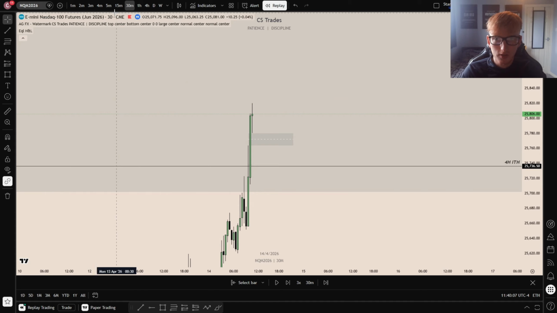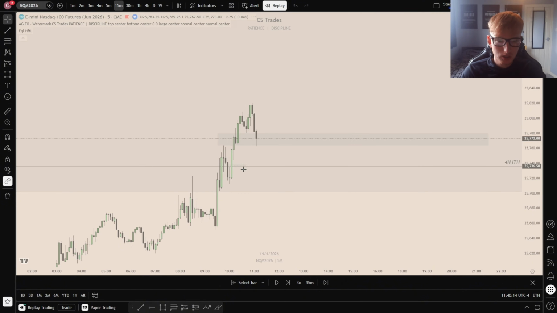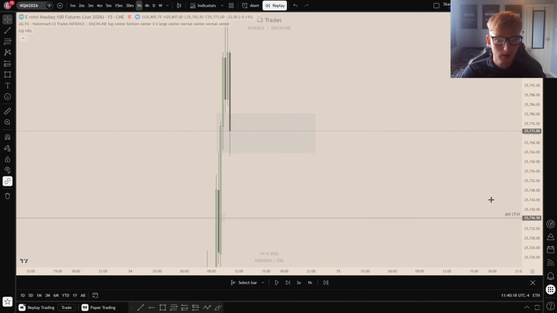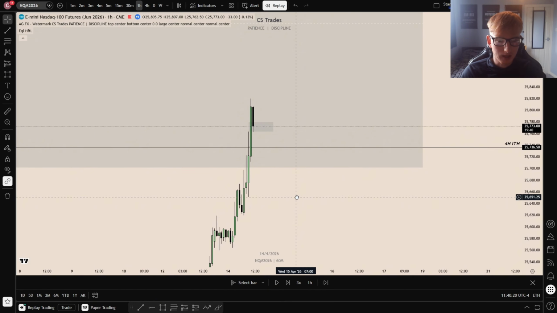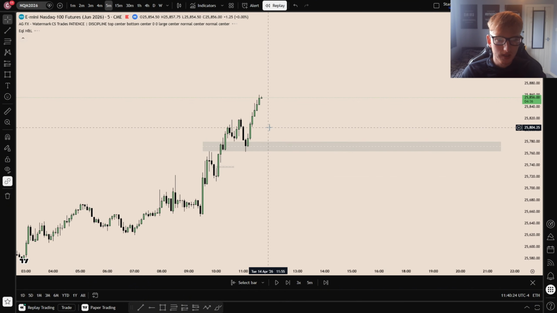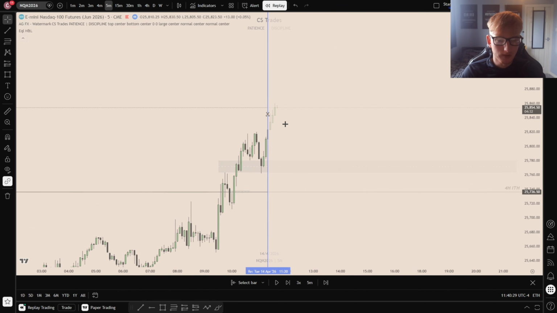So in this leg, we got the 30-minute fair value gap. If we watch price, we come down quite nicely. We also tap into a 15-minute fair value gap there, which is quite small, but we also tap into that as well. And there's no hourly in this leg. So we've rebalanced the highest time frame fair value gap in this leg. We then get this super, super nice 5-minute V-shape out of this gap.